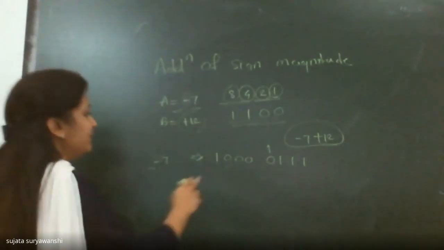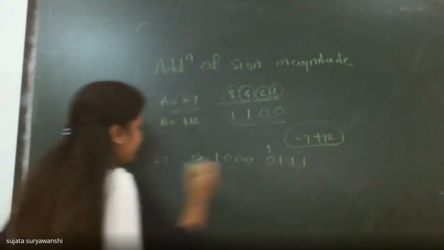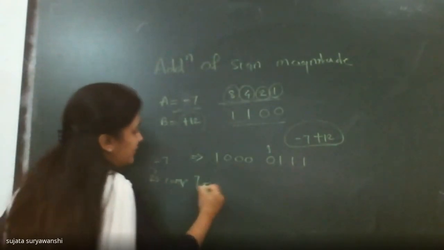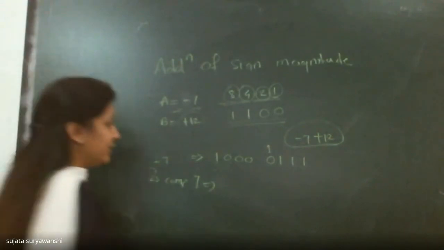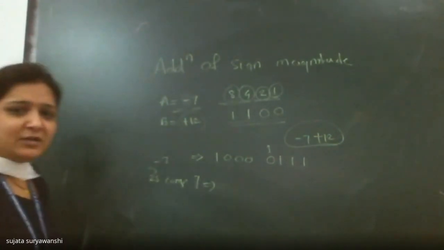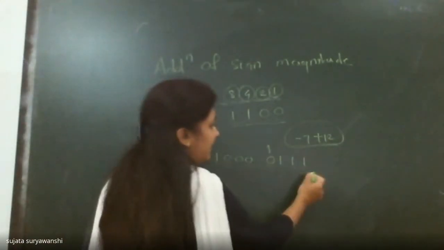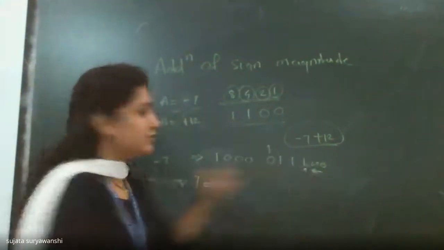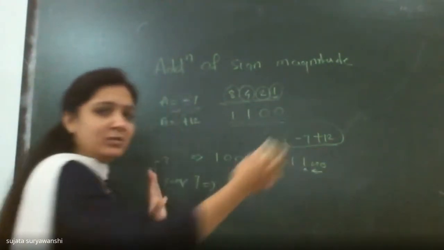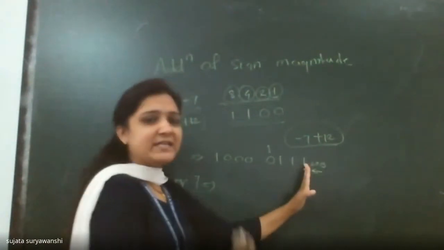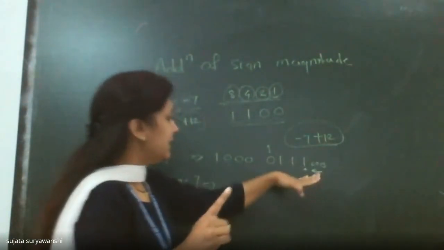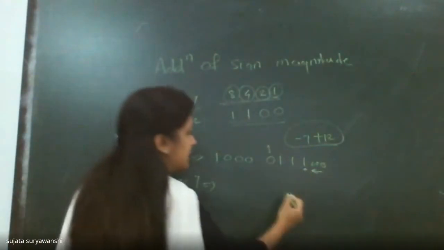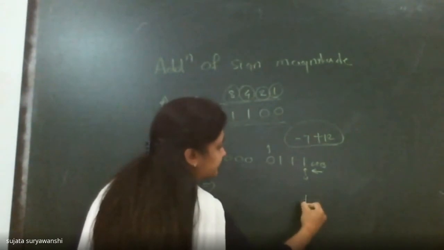So here this is minus 7, but we need to find the 2's complement of 7. How to find the 2's complement of 7? The direct method we are going to use here. In the direct method, this is your number. Start with the LSB bit, this is the LSB bit of 7. Write down all zeros as they are till you get the first one. But in the case of 7, the LSB bit itself is equal to 1. So simply write down this 1 as it is.